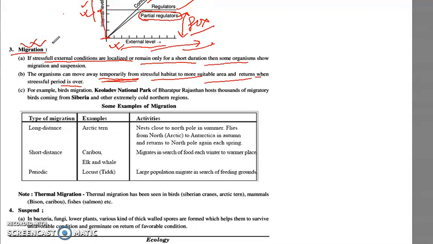As you have all noted, the Siberian species come to the Keoladeo National Park of Bharatpur, Rajasthan, and for some time, when the condition becomes friendly in that particular area, they return back to their regions. So these northern, cold regions, these are cold birds, they come and they migrate according to the season. It has been found that either the long distance